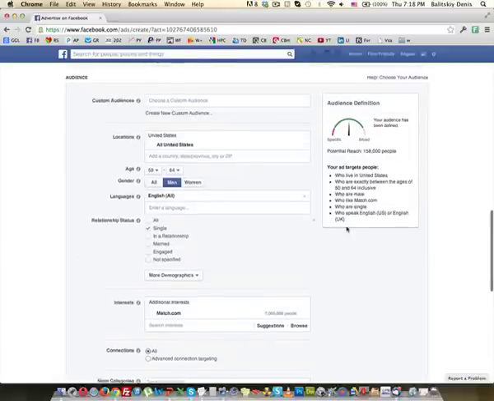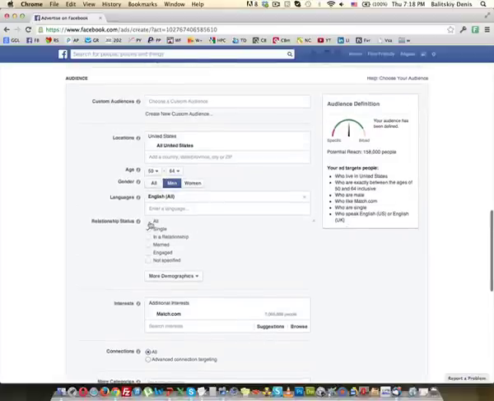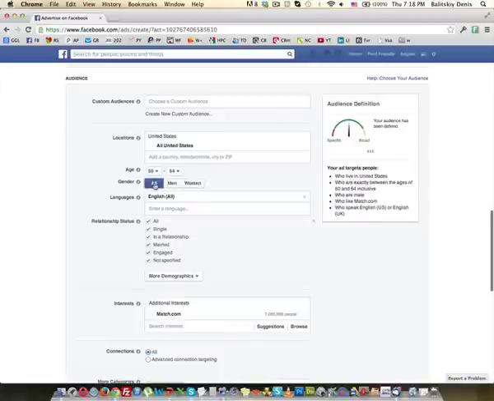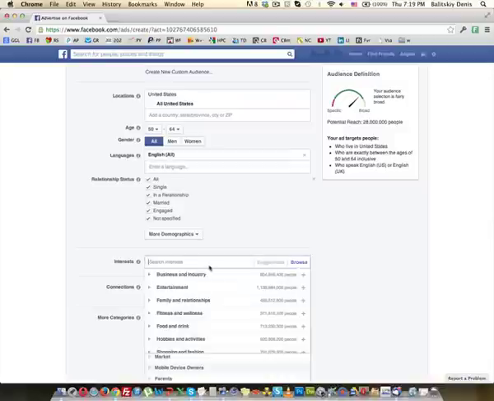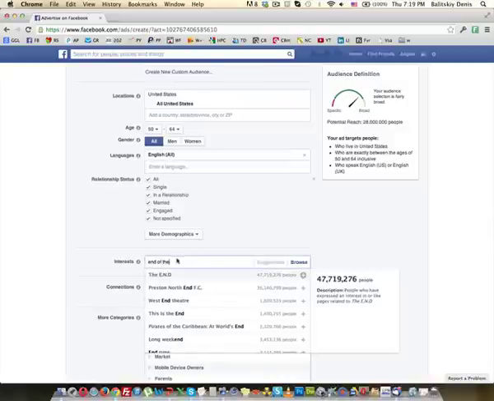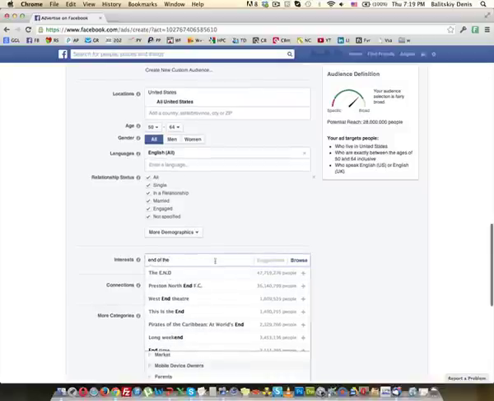Okay, so what most of the people would do is actually they would go and target United States, only men or only women, and a precise interest like end of the world, or the end or something like that, and have like 20 precise interests. Well, you're not going to be profitable with that campaign.